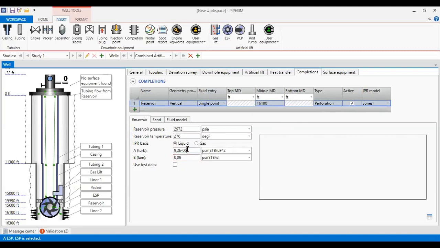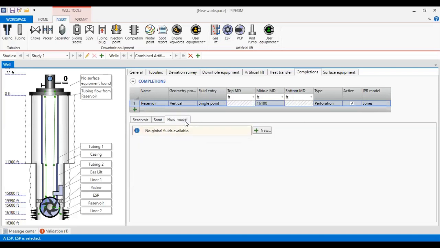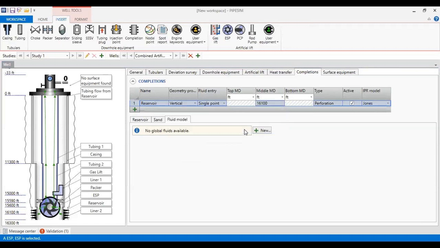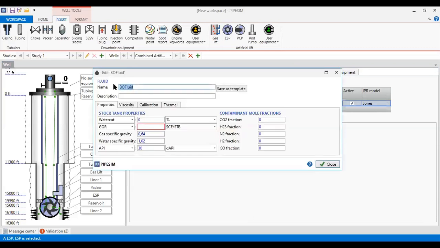Okay, this is to construct the IPR, but I still don't have the IPR because I need to provide the fluid property first. I go to fluid model. I add new fluid model. Okay, this is the characteristic for my fluid. I call it oil with viscosity of 16.